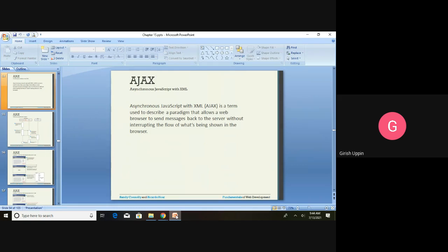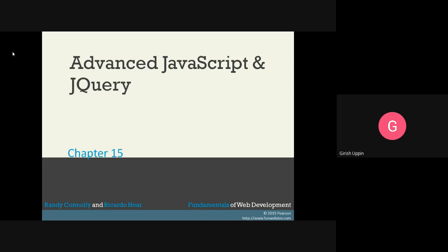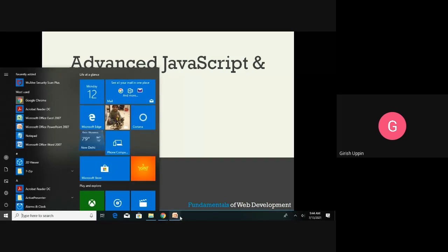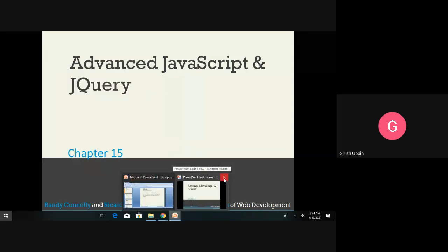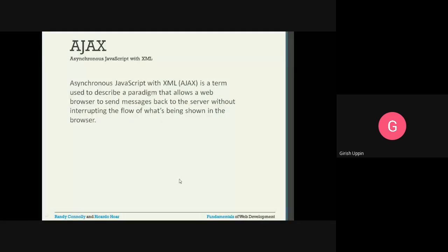We'll continue with Ajax. In the last class, we started looking into Ajax. Ajax, as you know, we use it for the asynchronous call. Ajax is very useful in order to make the asynchronous call, and using those asynchronous calls, we can